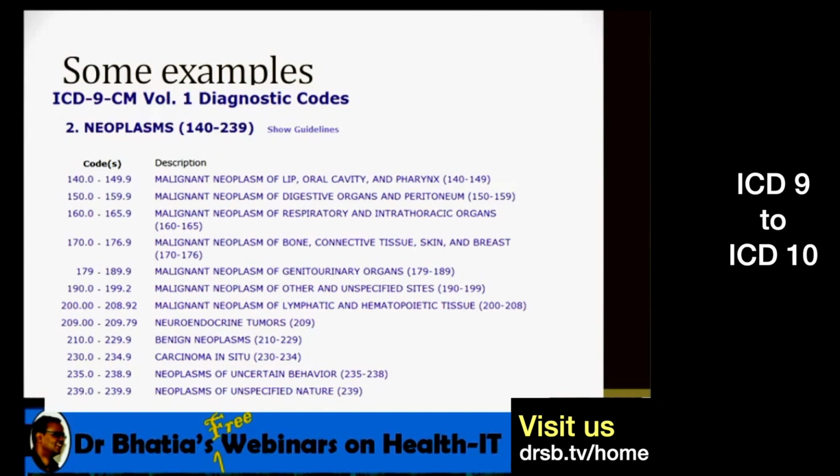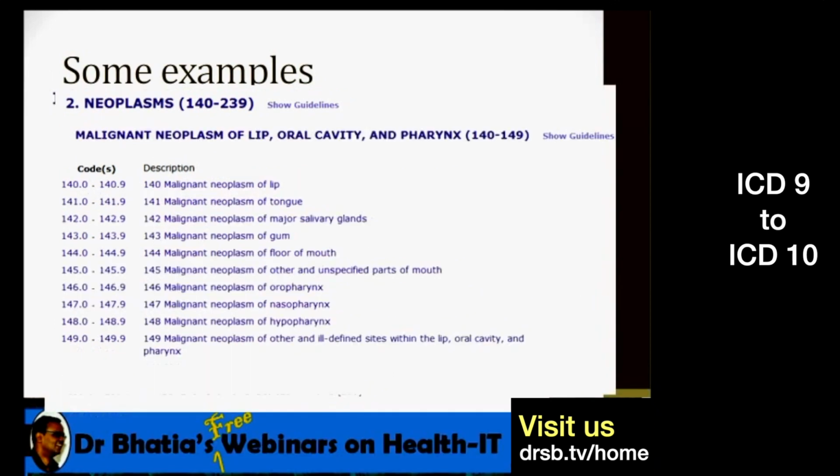One example I'm showing is of cancer. The neoplasm, as you can see, is a cancer. This is an ICD-9-CM example. You can see 140.0 to 149.9 in the first line. These are examples of malignant cancer of lip, oral cavity and pharynx. Just keep your eyes on this, because what we are describing here is cancer of lip, oral cavity and pharynx. If we go one level deeper, then 140.0 to 140.9, 141.0 to